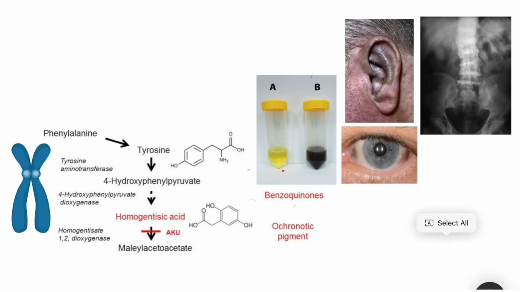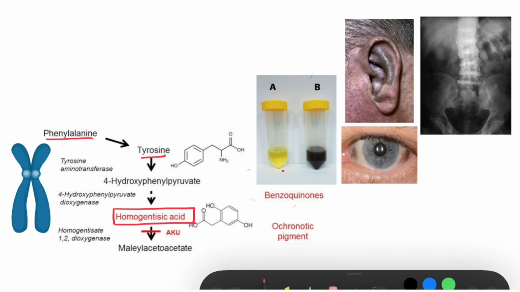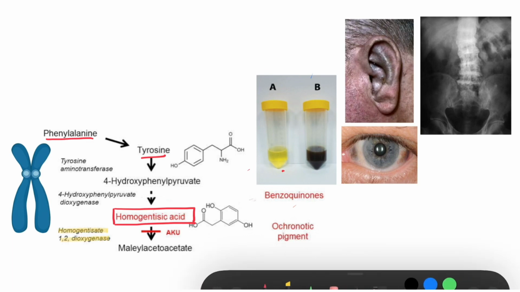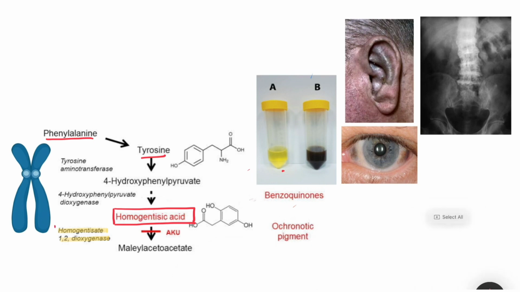Alkaptonuria is a rare metabolic disorder where there is a defective metabolism of phenylalanine and tyrosine. In the metabolic pathway, phenylalanine and tyrosine lead to formation of homogentisic acid. Now this homogentisic acid is converted into maleylacetoacetate by an enzyme known as homogentisate 1,2-dioxygenase. But if somehow there is a deficiency of this enzyme, then that can lead to accumulation of homogentisic acid